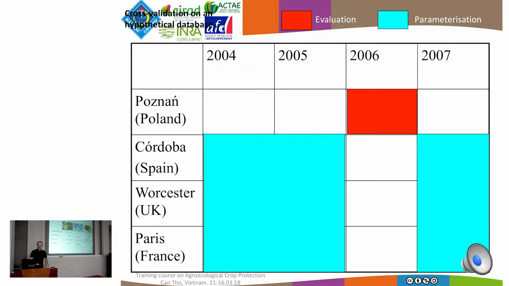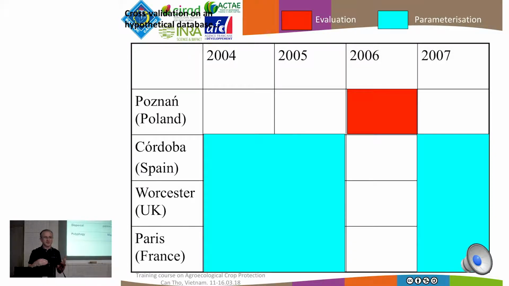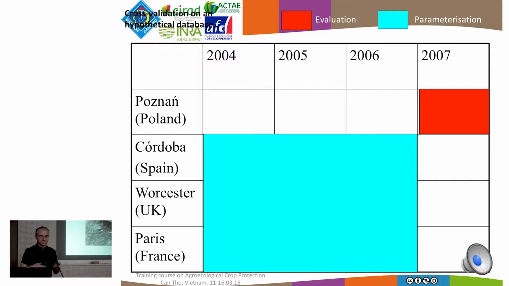So as I said before, we have a pest that has some characteristics. It has a relatively long life cycle, moderate growth rate, and very interestingly, the dispersal is active. It means that the insect decides to move from one place to another. So it takes the decision to move from one place to another. And the behavior of dispersal was something very important to understand if we want to better understand where to put the traps. So our idea was how can we measure the dispersal of the insect?